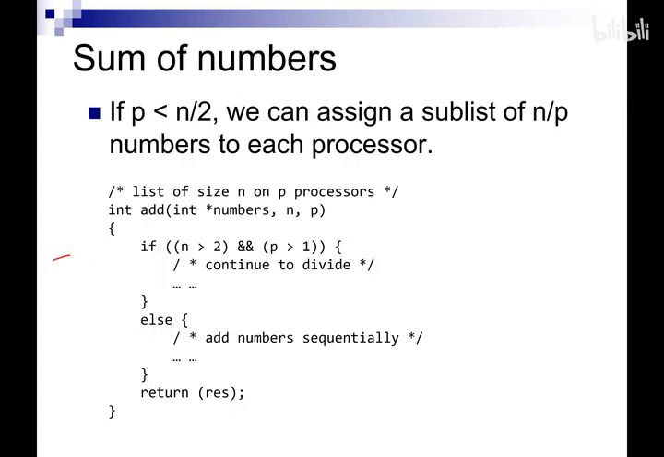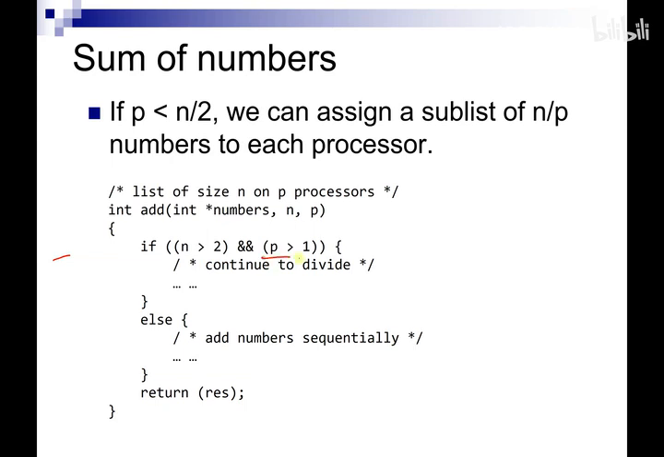Now here we have the same number of processes as numbers. Of course, in general, you don't have to do that. You could have fewer processes than numbers. You could have 1,000,000 numbers, but you just want to add them on like 10 processors. So then here what you can do is